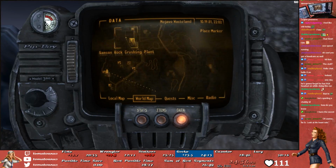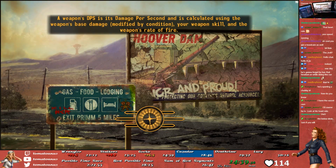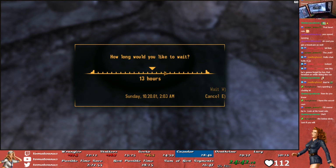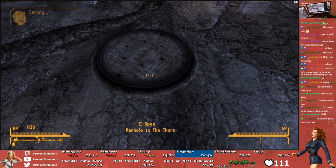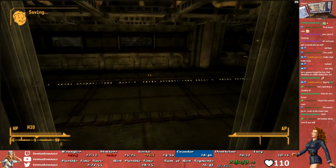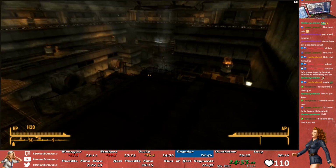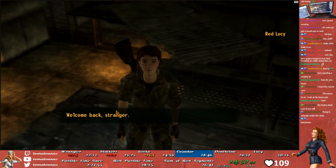One easy solution to this is to launch ourselves in the air and then stop pressing any directional buttons as I mentioned earlier, and then fast travel once we land on that floating platform that appears when you hit the ceiling. Unfortunately, the Thorn has strict labor practices and does not open until 6 AM. You can bet your bottom though that we'll be the very first in line once they open their doors for business in the morning. Once inside, we go up and talk to Red Lucy and give her the fire gecko eggs,